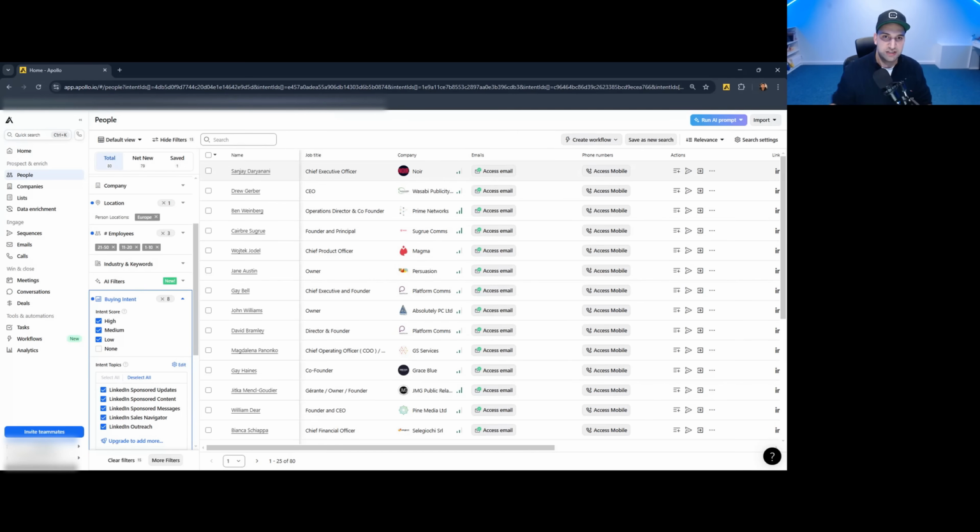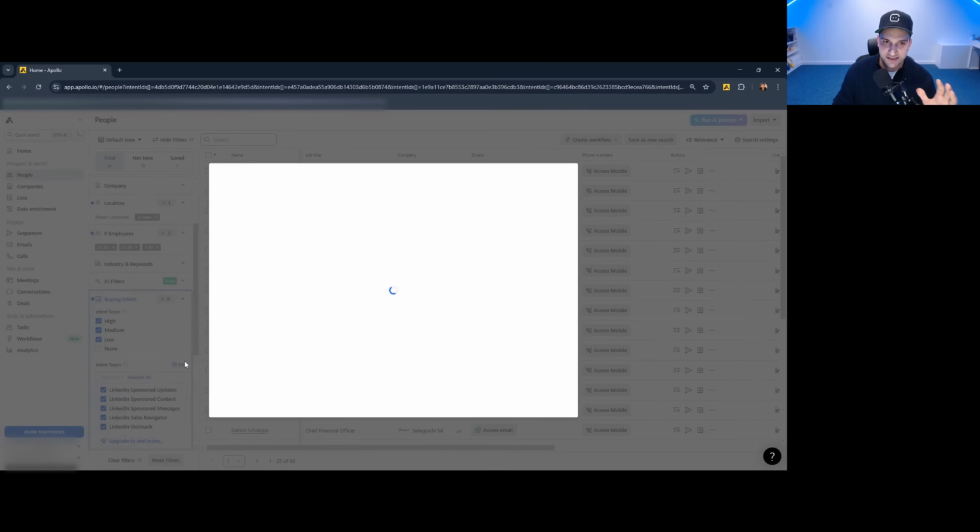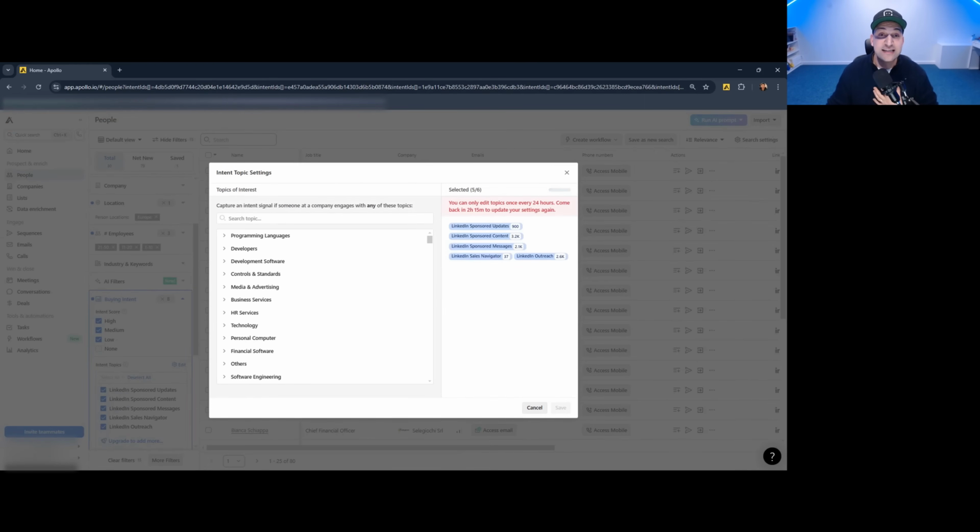So let me just rehash this really quickly. What you're doing at the moment is you are going onto LinkedIn, you're going onto Google, you're finding companies that meet your ICP, your target audience, your ideal customer persona, and you attempt to pitch them. With this, you go into Apollo and you have a look at intent data. So what I've done is I've preset this to the services that I typically sell and promote by myself, which